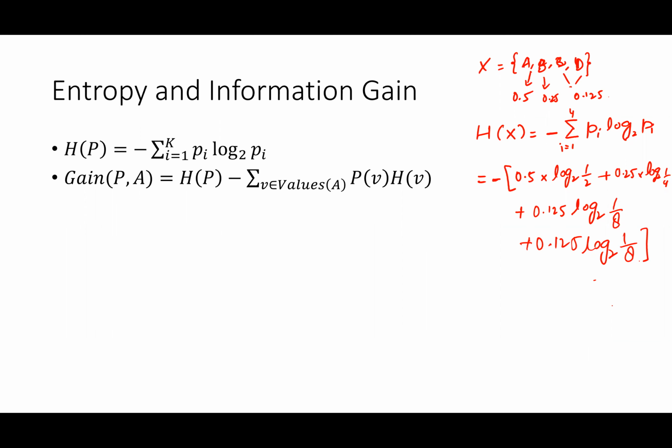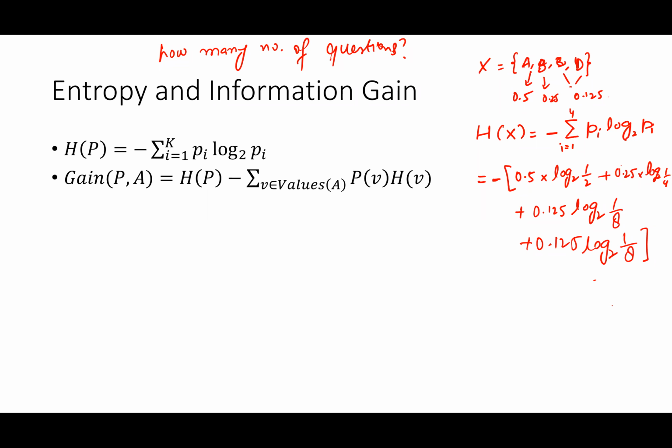If you see, this equation is exactly what we came up with when we asked how many questions on average we have to ask. The number of questions you can replace with the bit. Fine. So this gave us the expected number of questions we have to ask, and that basically is the entropy of a particular system.